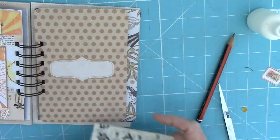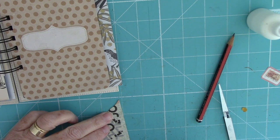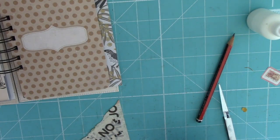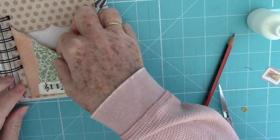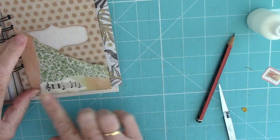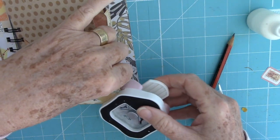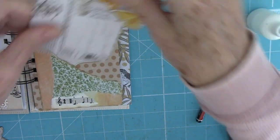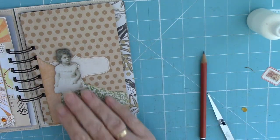So I think we'll put the pocket on next, and I actually might use the Boyle's glue for this. It's not flowing particularly well, but I think there's enough on there. Just trim off this corner. Try that again. So she wants to fit. It's just